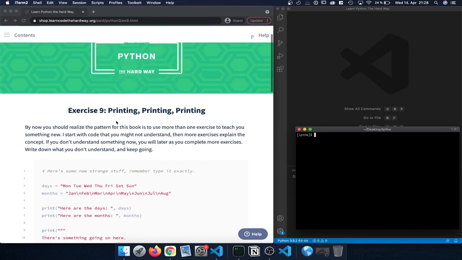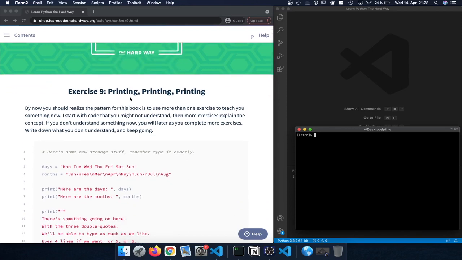So in this chapter, we're going to focus on printing. And in the previous exercise, of course, we did an exercise on that, but this is just to re-emphasize that concept and add some additional concepts to it, basically. So let's get started and let's open a new terminal window,